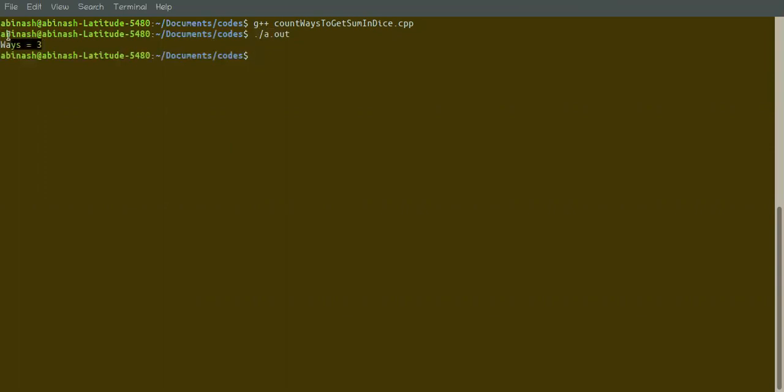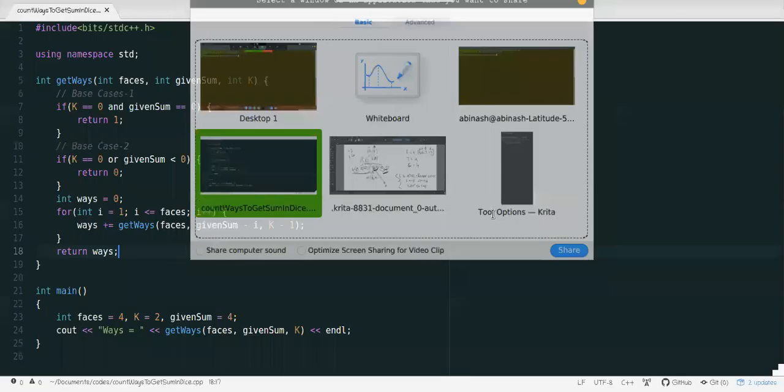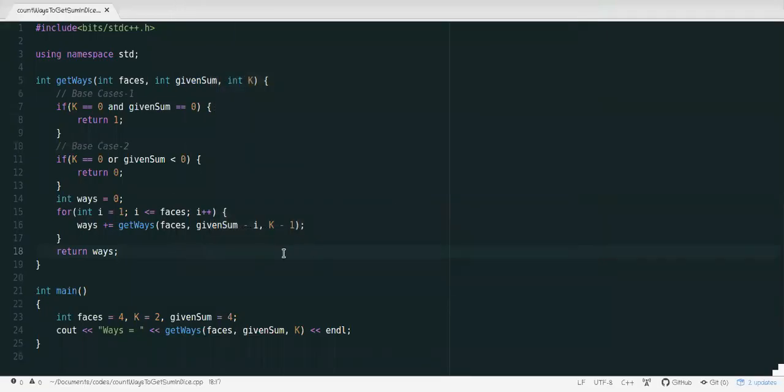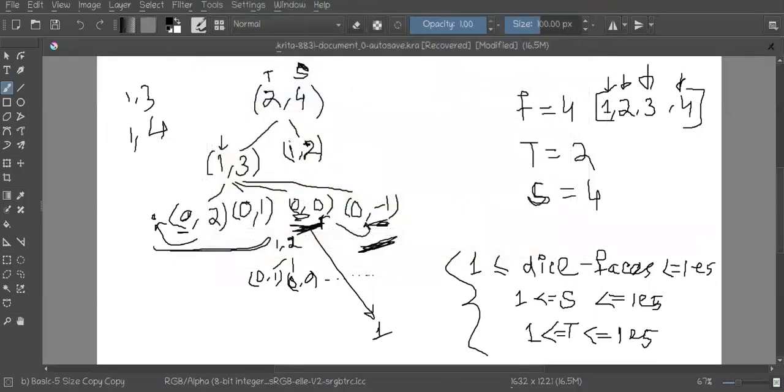Cool. So it is basically returning us 3, which is the correct answer. And okay, so there is one problem. There is one problem when I increase this value. For example, let's say this is 10 raised to 4, this is 10 raised to 2, this is 10 raised to 4 again. So it will not work. Why? Let me tell you the problem, why it will not work.